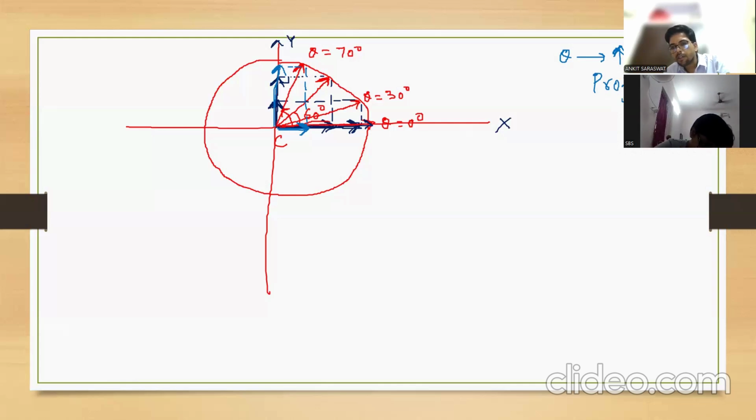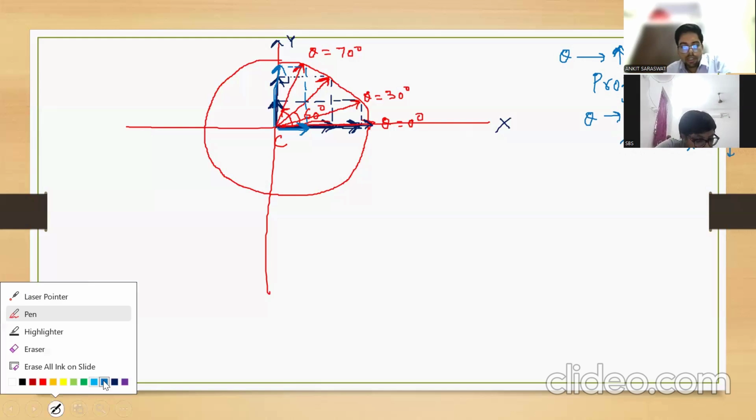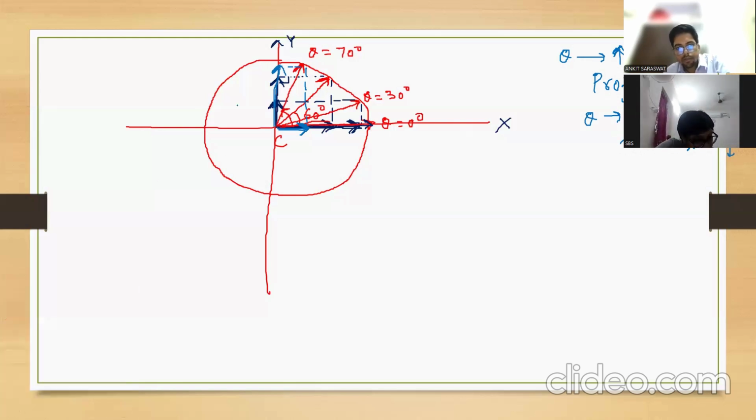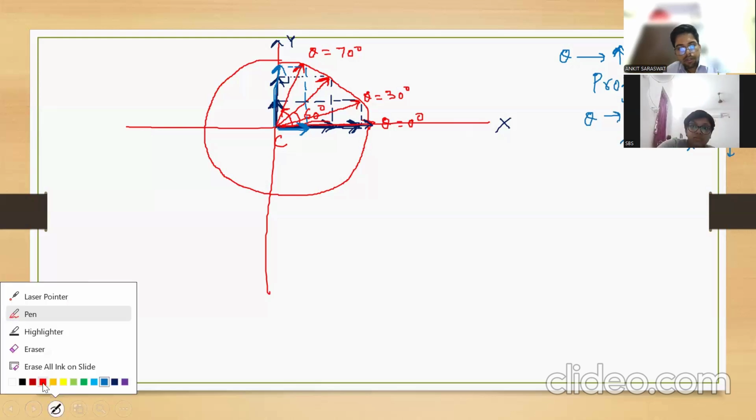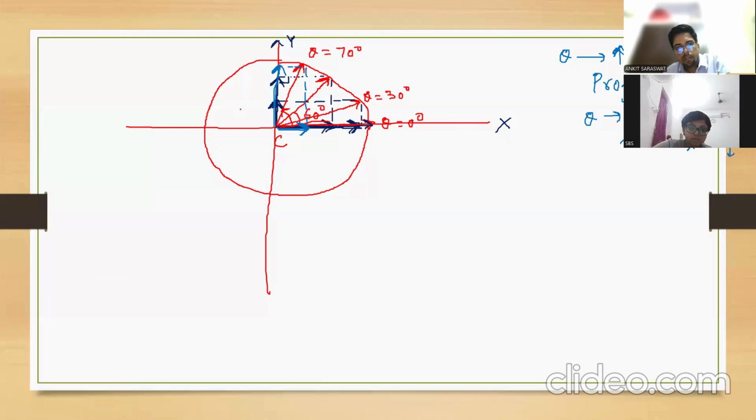Projection on the y-axis is going to increase. When you are decreasing theta, then the projection on the x-axis is going to decrease. You can check. Now, if the given vector is like this,